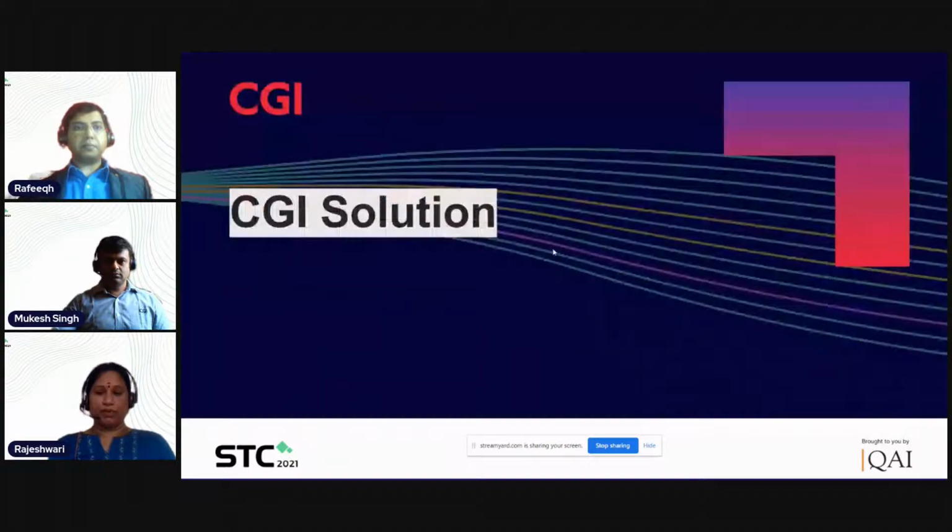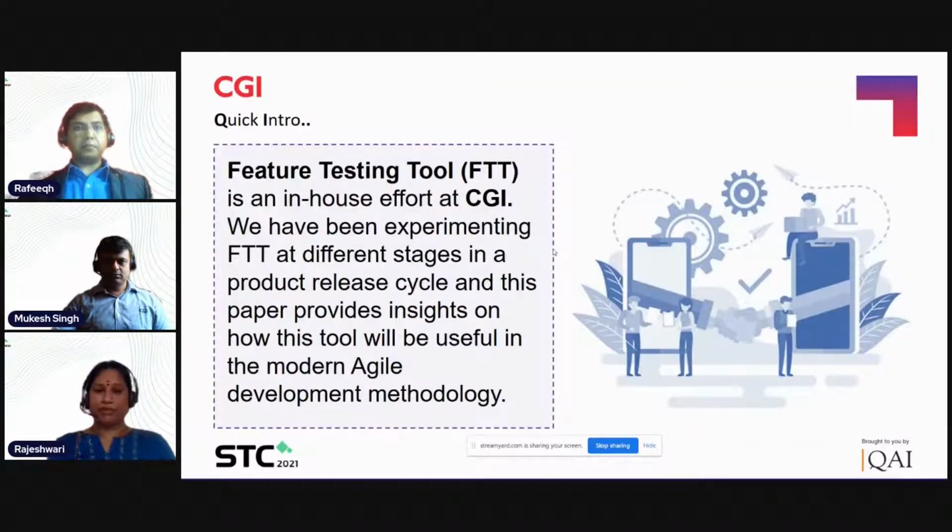Coming to the solution that CGI has given for this, it is a feature testing tool. This is an in-house effort at CGI. We have been experimenting with this FTT at different stages in the product release cycle. We have been using this tool for around 4 to 5 years now, and we can say that it can easily fit into any new technologies that are coming. So any agile test management tool, whether it is Azure DevOps, or Jira, or ALM,